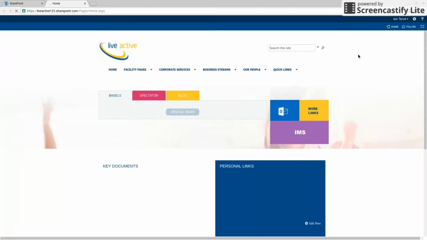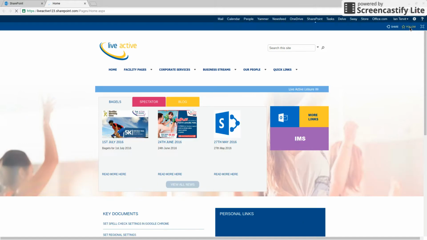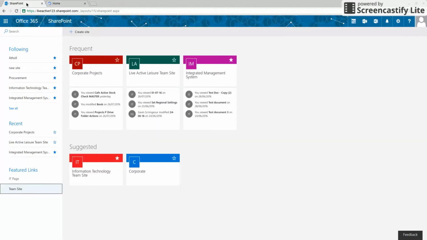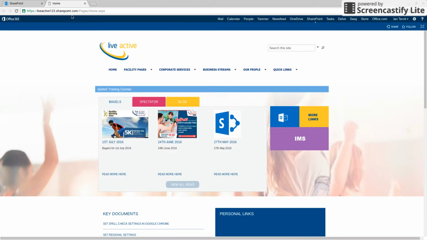Okay, here we go. So in the top right hand corner there you've got follow. If you click on that, that will then reappear in here, and it should give you a quick link to that site. So it's quite handy as you use the system a little bit more to create those shortcuts. So the landing page has got a lot of information on it, so I'll just quickly take you through those. Firstly, you've got access to all the usual things that you use on a day-to-day basis, like your email, your calendar. You'll have access to your OneDrive from here as well, which is specific to you and your logon, and obviously your SharePoint